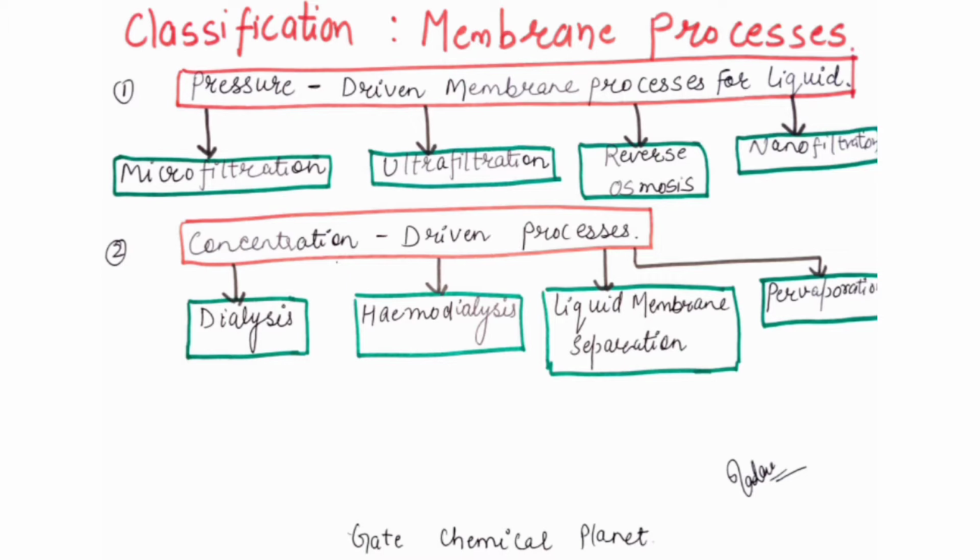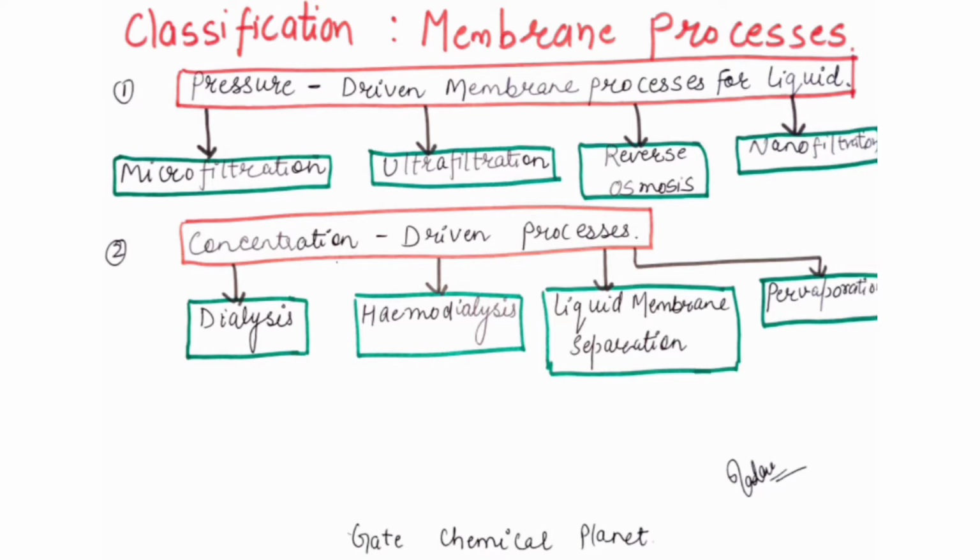So students, in my last lecture of membrane separation processes part 1, we discussed the overview of the membrane, the attributes of the membrane material, membrane characterization and membrane modules, and also the disadvantages of membrane. If by chance you missed that video, then the link is given in the description. Go to the link and watch the full video. Okay, so now we will start the classification of membrane processes.